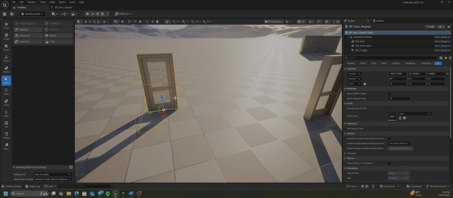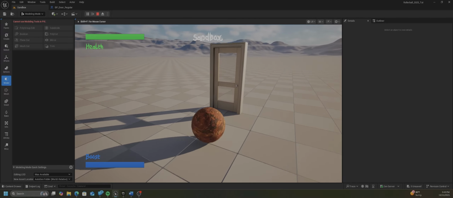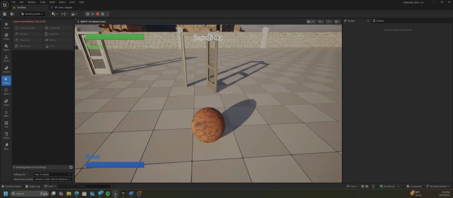Okay, I'm going to drag that in, and you see this one has everything all set together. And see how this is in the center point? That's because it center pointed it based off of the scene root, not off of the door. So don't freak out about that. We're not having problems yet, I hope. Now, if I hit play, what should happen is I should be able to roll up to it, and the door should open. And then when I leave,